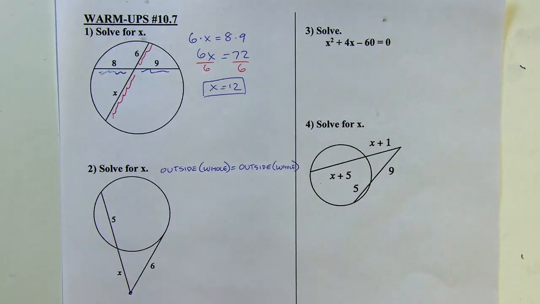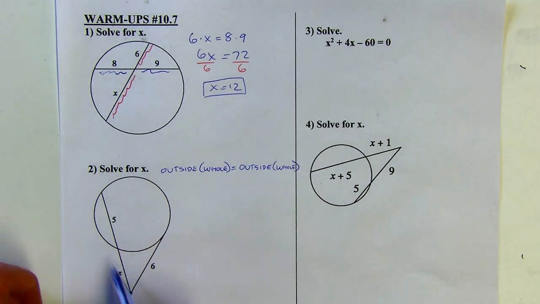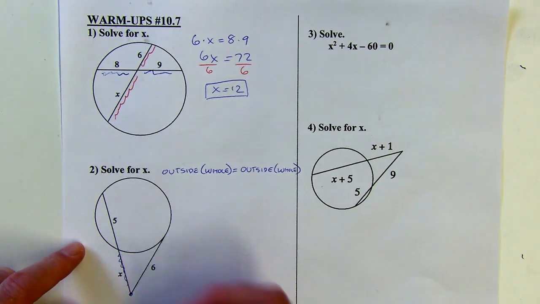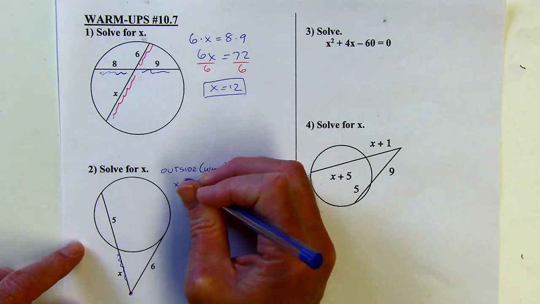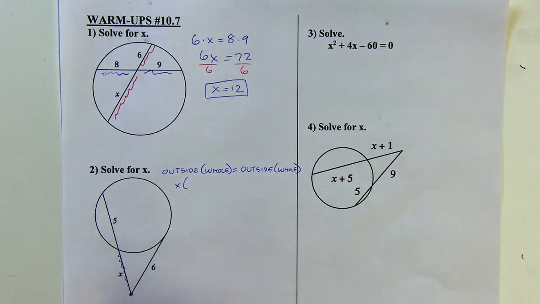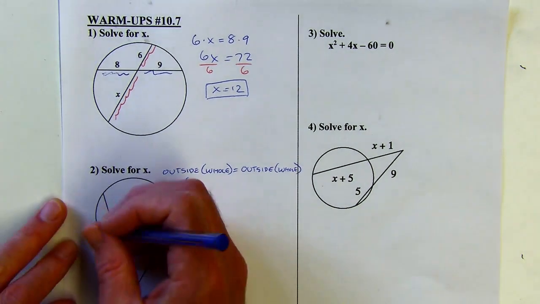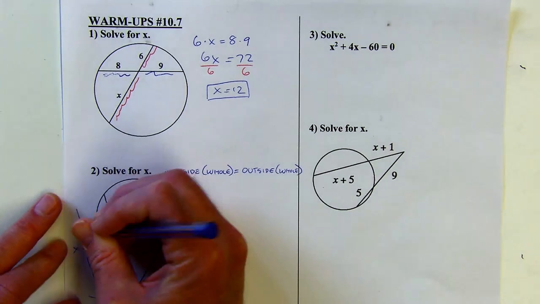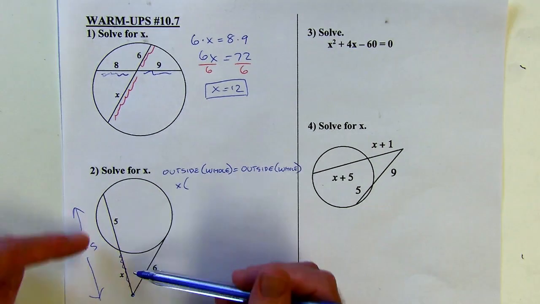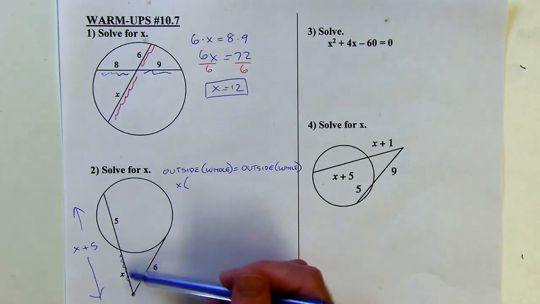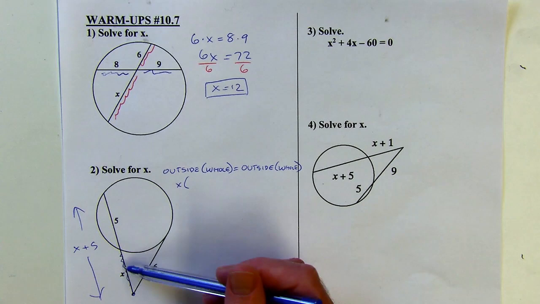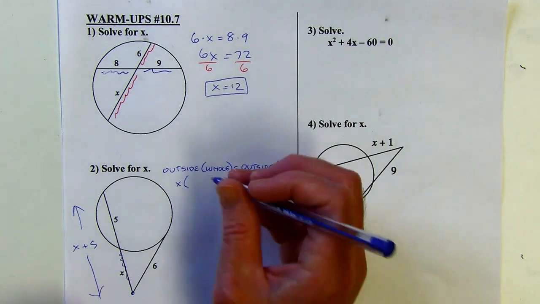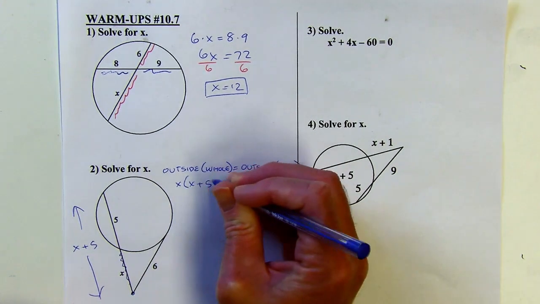Space there as usual. Okay, so let's look at this segment first. So the piece on the outside here would be the x, right? The x is the piece on the outside. Now the whole thing is not going to be 5. When I'm talking about the whole thing, I mean this entire segment. So that entire segment, I'd have to use segment addition postulate, and